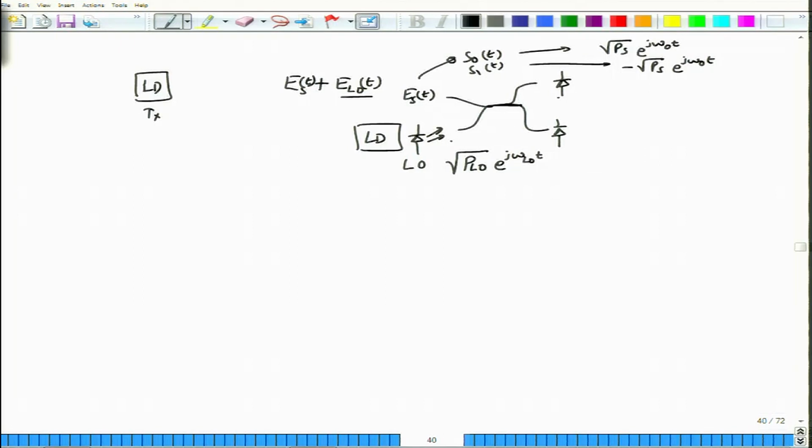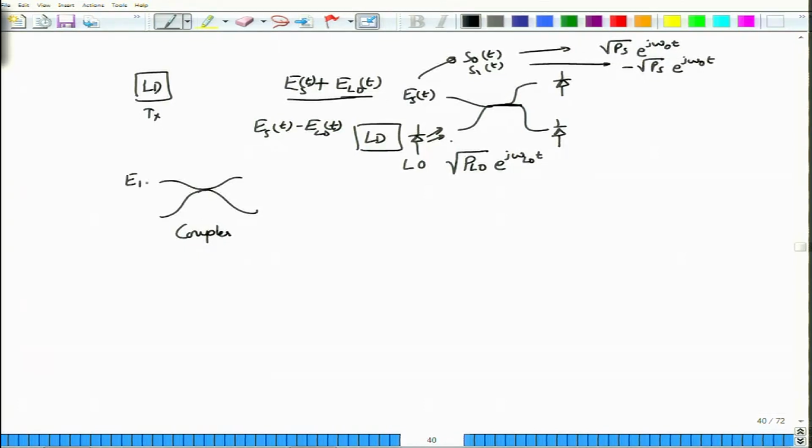Now instead of using one photodetector, I am putting in two photodetectors, and for some reason I want to generate the sum signal, which is going to go in this branch, and then on the other branch I want to generate the difference signal. How do I generate these two sum and difference signals? Well, this is the device that we are going to use. This device, as you have seen, is a coupler. Of course, I should actually have the amplitude split ratio of 1 by root 2 with this. I am just not writing those 1 by root 2 terms here, but you understand the point, right?